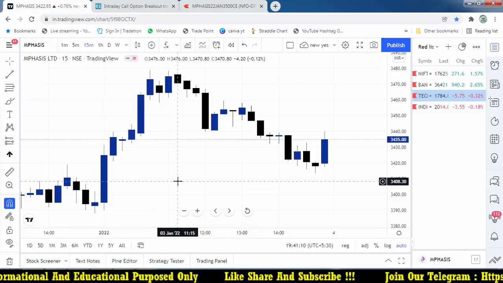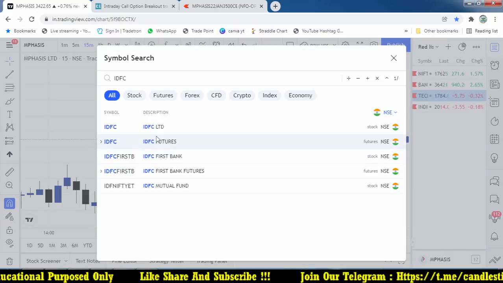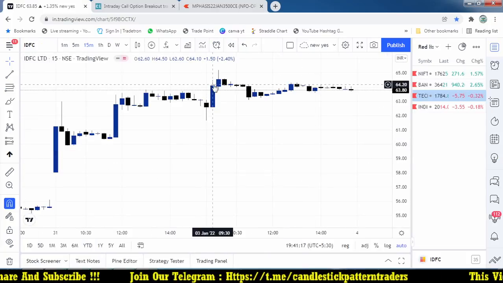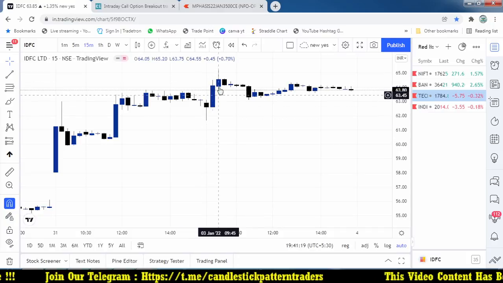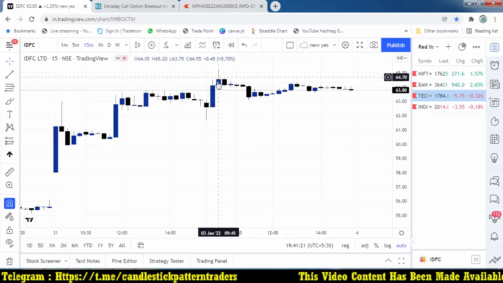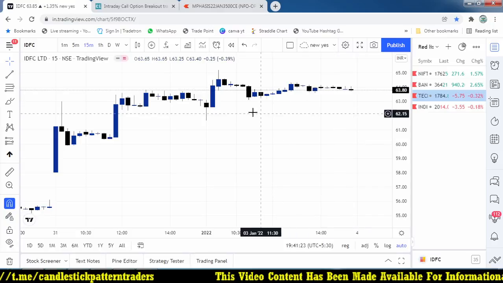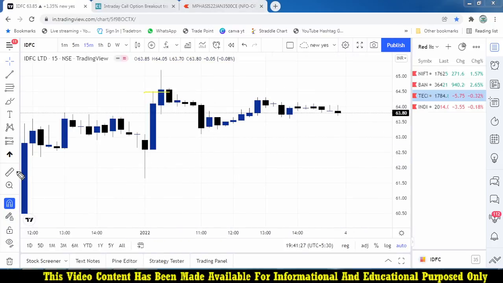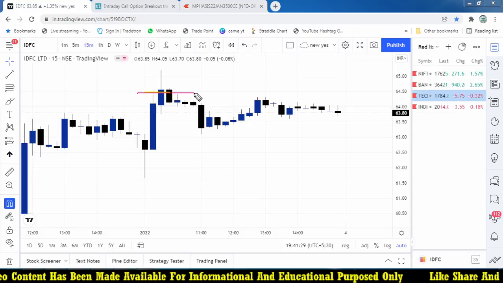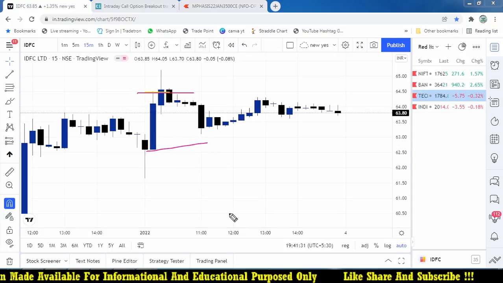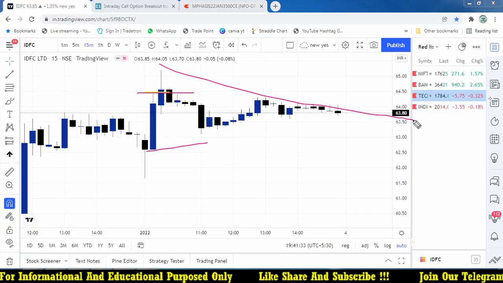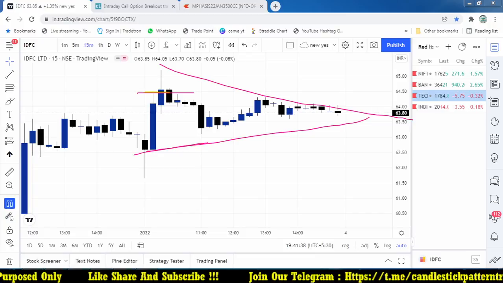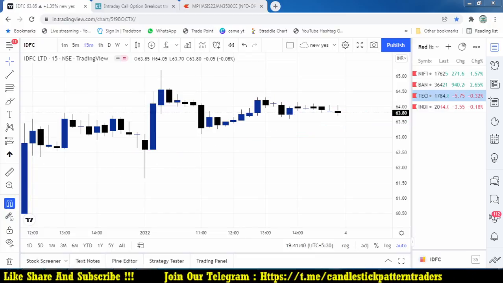Let me show what happened in IDFC at 9:30. This is the candle. It is a big candle, then it broke, moved a little, and after that it went very flat. Now this is our stop loss for the trade. If you had taken the position, say this is the entry and this is the stop loss. It never triggered, but it was narrowing, because yesterday it moved well, and it is also a low value stock, so not good for option trading.